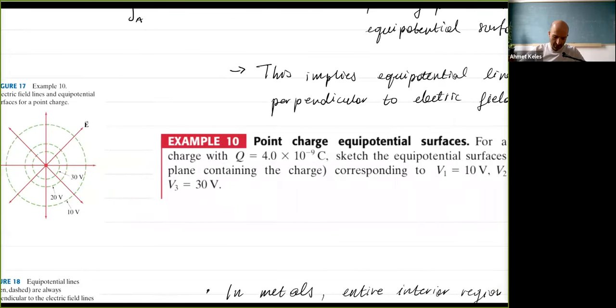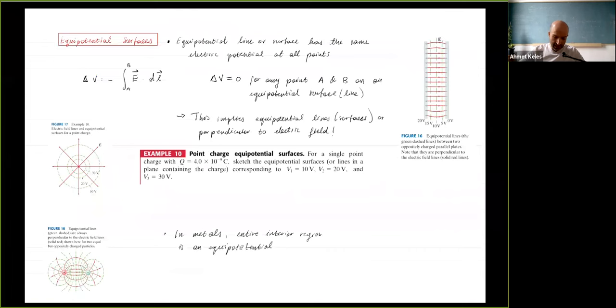Here's actually an example from your book, an exercise to warm up. It says that for a single point charge with given charge Q, we want to sketch the equipotential surfaces or lines in a plane containing the charge. And we need to find the ones corresponding to V1 equal to 10 volts, V2 equal to 20 volts, and V3 equal to 30 volts. Maybe I can do the one for 10 and you can do the others. We know V is equal to K Q divided by distance. And we are asked to find the distance,